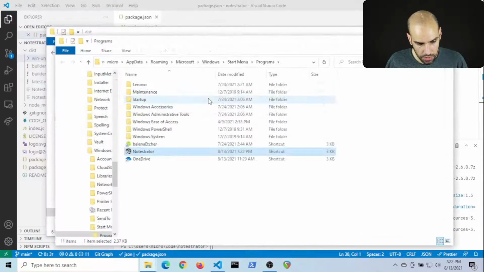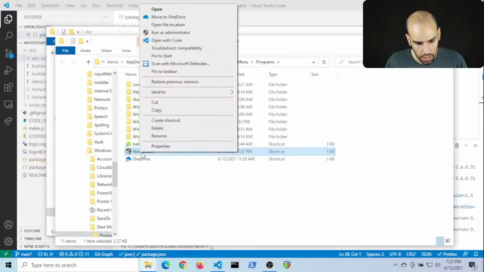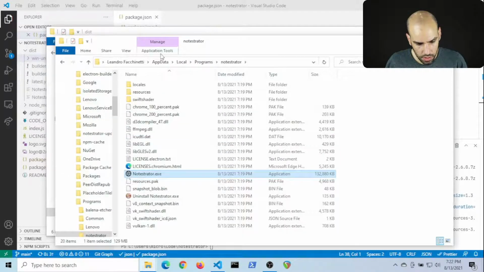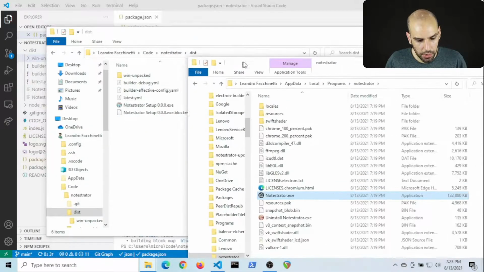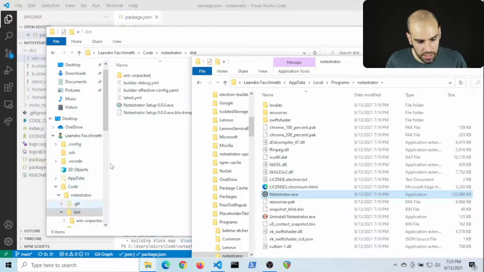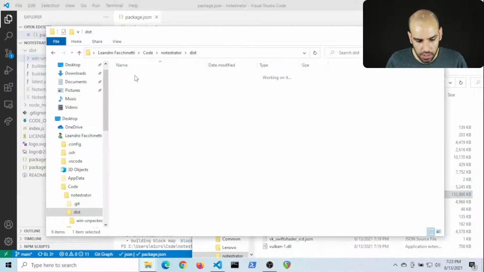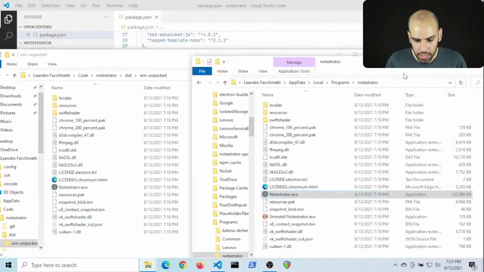I guess that's how you check this. No, that's a link. Open file location. AppData, Local, Programs, Notestrator. Okay, so it's not under program files, but it kind of unpacked essentially the directory that we had here under dist. The win-unpacked stuff looks a lot like what we have over here.